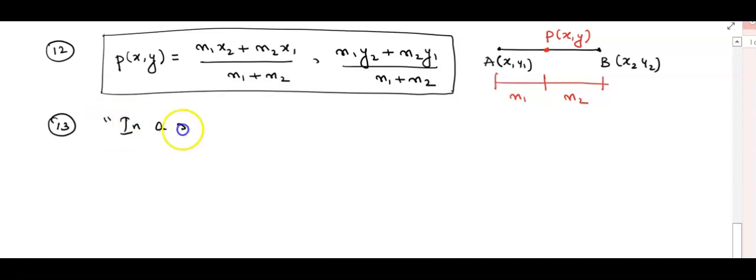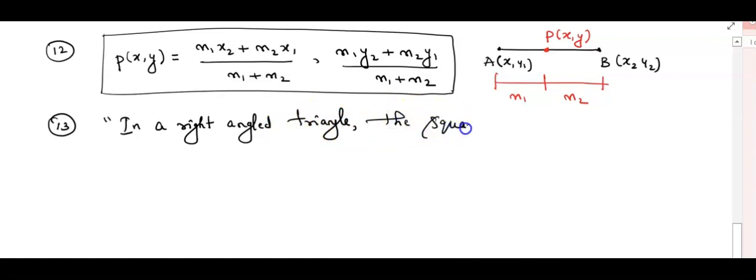In a right angled triangle, the square of the hypotenuse. Hypotenuse is a side name. The square of the hypotenuse